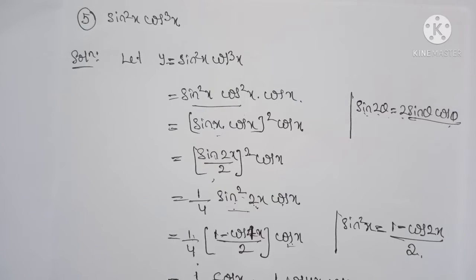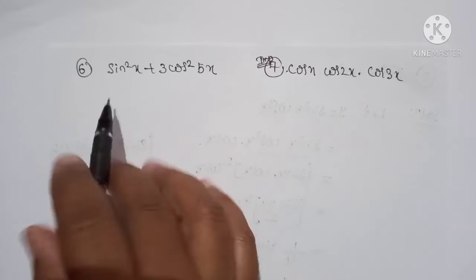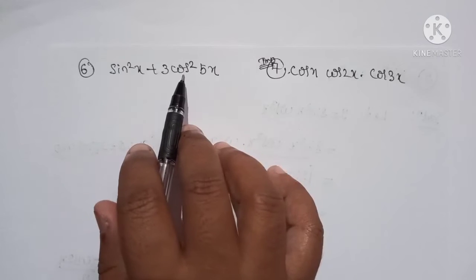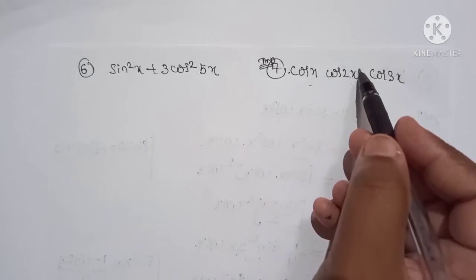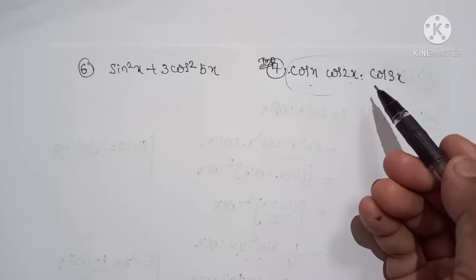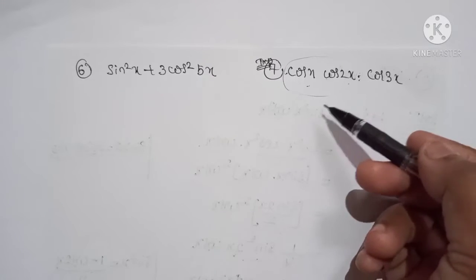So like this, any problem can be simplified by using trigonometric formulas. That means we have to reduce it into standard form, then we apply the formula. Try these problems by yourself. Here apply the sin square theta formula and cos square theta formula. Apply the cos A cos B formula for any two terms, then multiply with the third term. After simplifying, again you should apply the same cos A cos B formula.